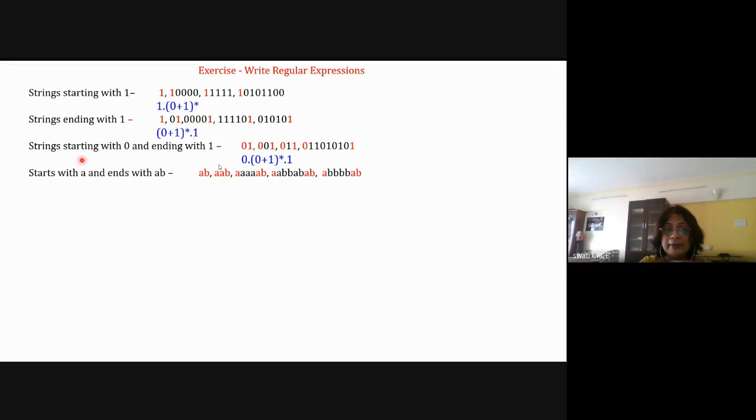So we have to interpret this statement correctly. If you interpret it correctly, then you will come to know that AB is the minimum length string. It is starting with A and ending with AB. So by assuming this, here these are the other examples, starting with A, ending with AB. In between that, all A's are there. Here starting with A, ending with AB, all B's are there. And here any combination of A's and B's, anything can be there.